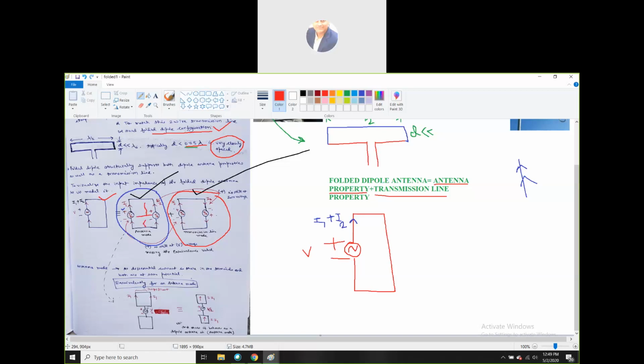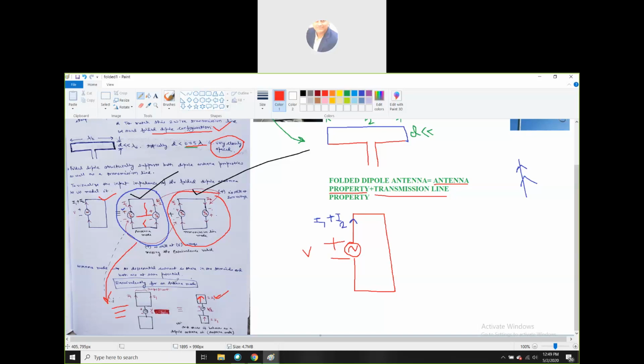So if you again make an equivalence of this antenna mode, you can connect both the ends with the same plus minus V by 2, the same potential, these two. And again if you make an equivalent, simply 2I1 at plus minus V by 2, it's the same thing. This much current, 2I1, is the only current flowing there. So again it is an equivalence with this single directional current.